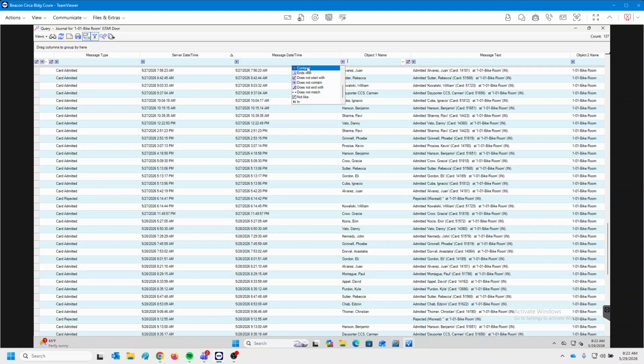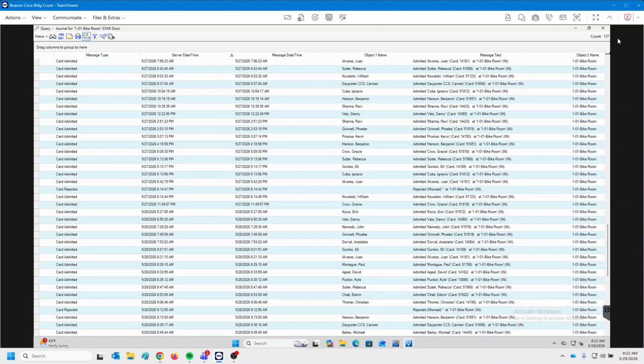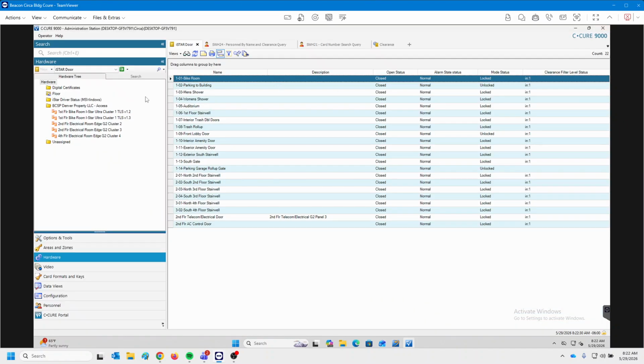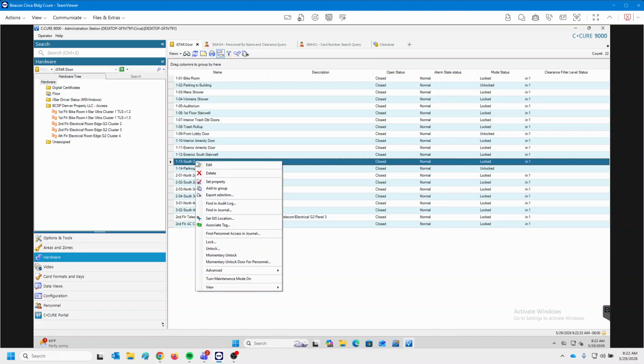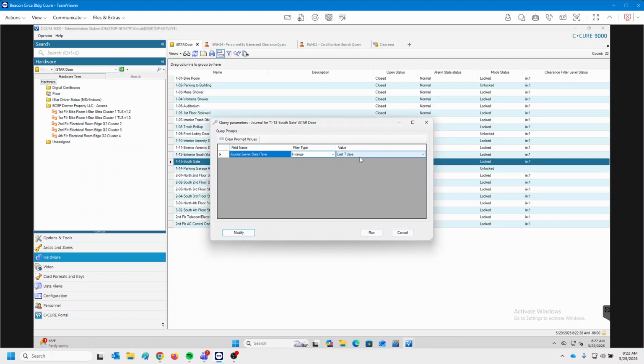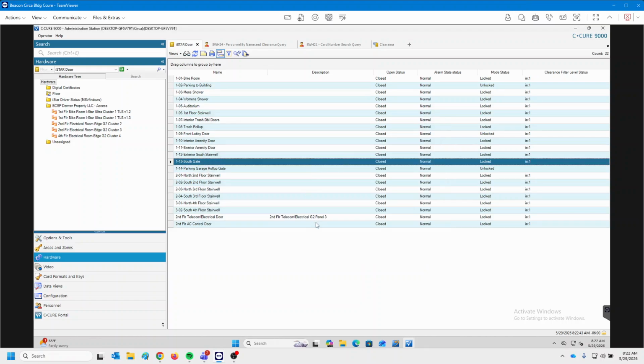Yeah, and you can edit how the filter works as well. It's by default set to contains. So whatever I type, if the line contains what I've typed, it stays. Or I can change how these filters work, like does not contain. Show me everybody whose name doesn't start with an A or something like that. Yeah, it comes in handy. And so that's history reports. That's on individual doors. If I only care about the south gate, right click, find in journal, and then specify a range. But if you needed to run a report on multiple doors,